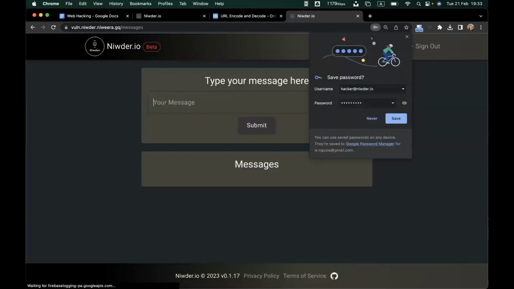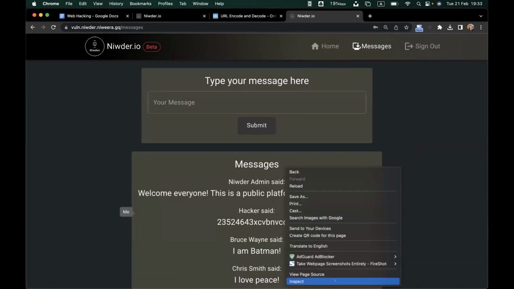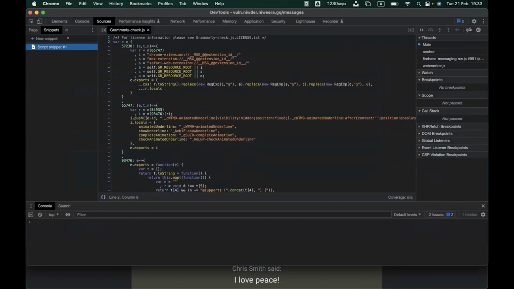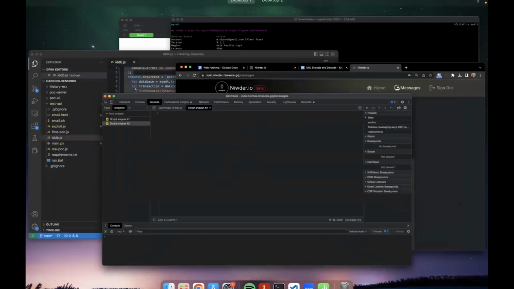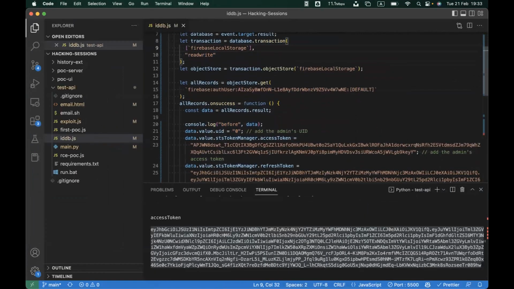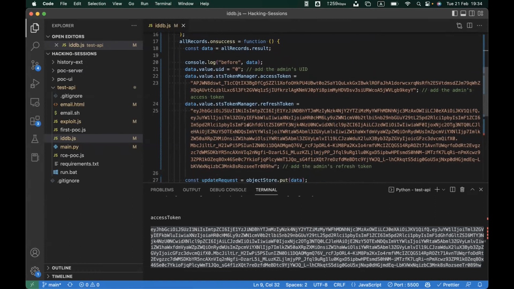If it's not, the idea is the same: you change the user ID of the current user, you change the access token of the current user, and then finally you change the refresh token.